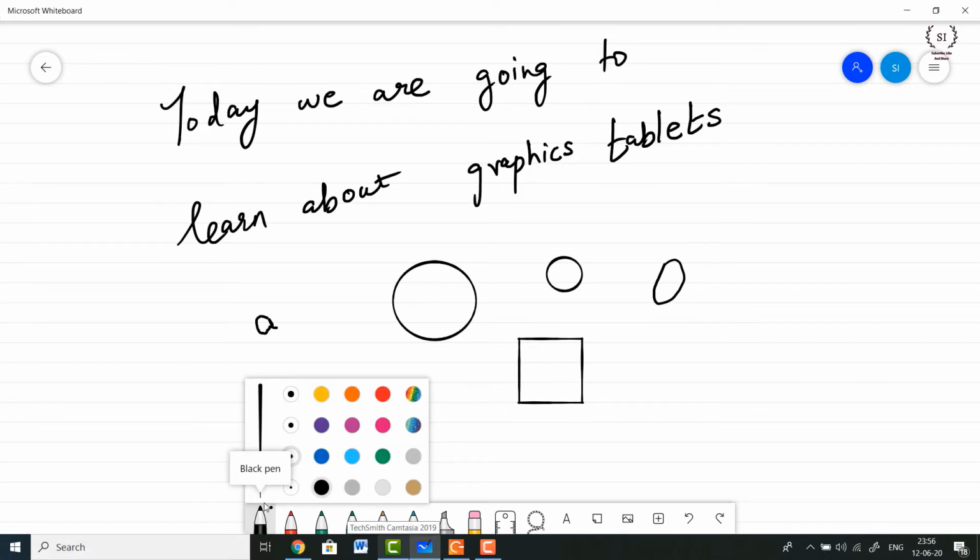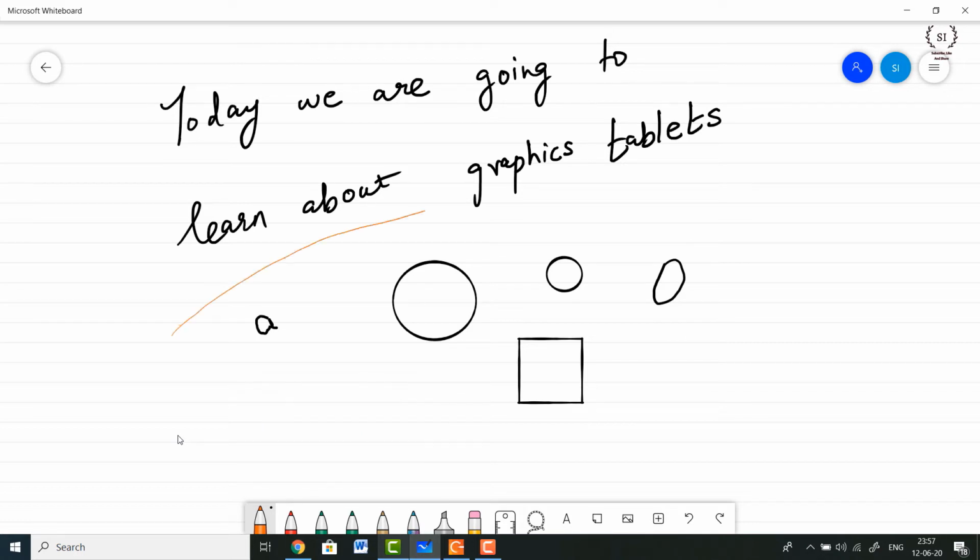If I click on it, you see over here there are these options available. This is the width. Let me get rid of this. Yeah, this is the width. These are the widths basically, and the colors I can choose. For example, I wish to draw with this orange color pen and the width is very thin, the minimum possible, so I can select it and then I could try to draw a freehand sketch with this pen. Okay, you saw what happened.